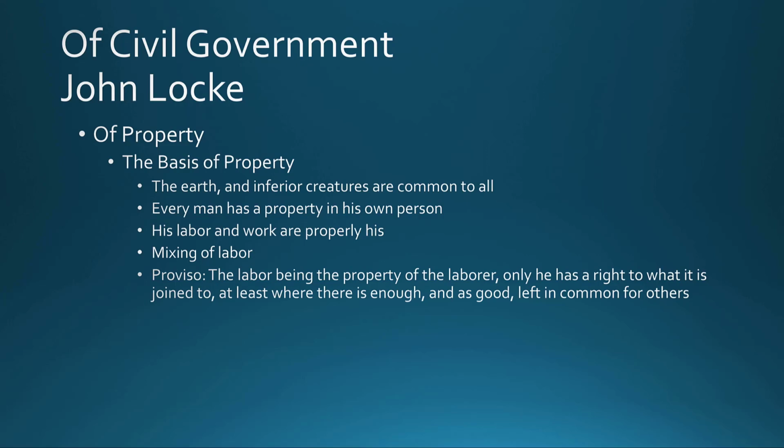Now, Locke does put on a proviso, because someone may raise the question, couldn't you just go around and grab everything or grab the best stuff? Imagine there's a shipwreck, you're on the desert island. Could you just go and tap every coconut and every tree with a stick and say, this is all mine now? And Locke says there's a limit on what a person can claim, which is this. There's got to be enough left, and as good, for everyone else.